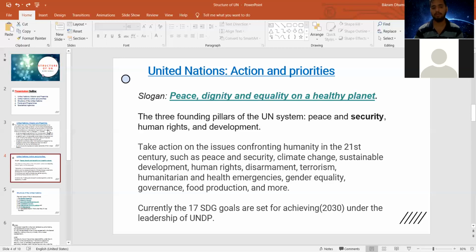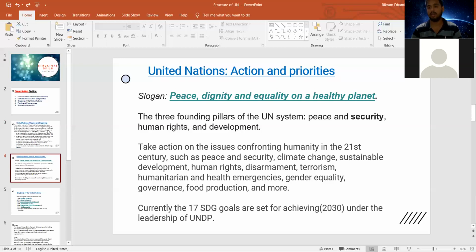Currently, in the development sector, there are 17 SDGs set by the United Nations to be achieved from 2016 to 2030, after the United Nations initiated the Millennium Development Goals from 2000 to 2015. There were 8 goals set, and only a few of them were somewhat achieved. So all 193 countries of the United Nations united together for the common issues of war and ending